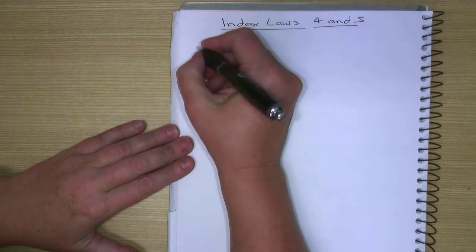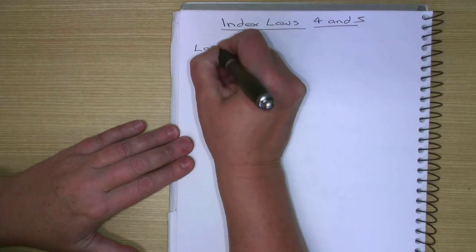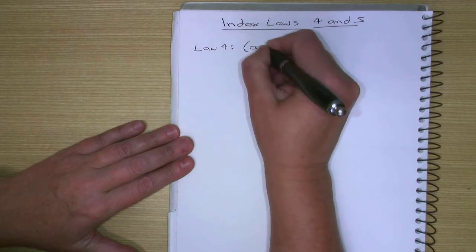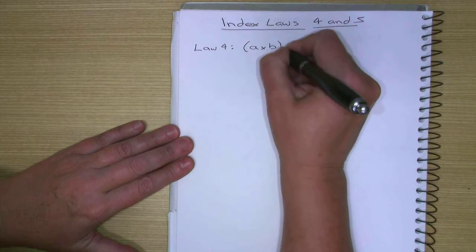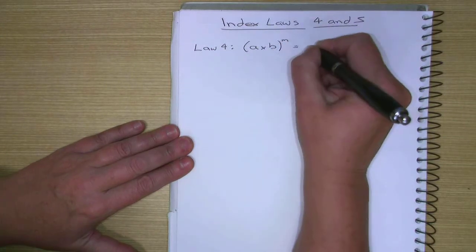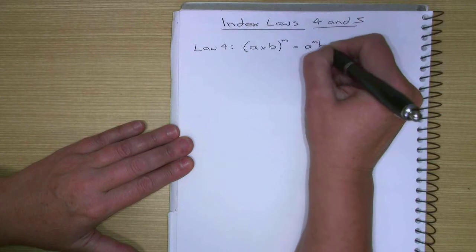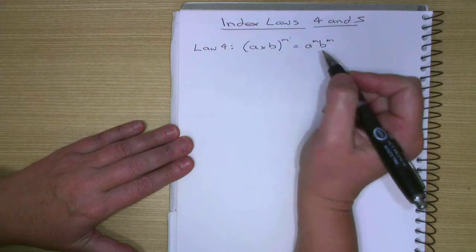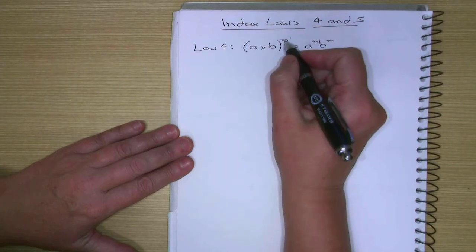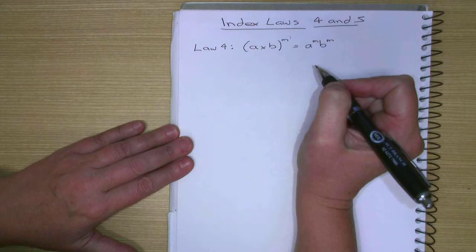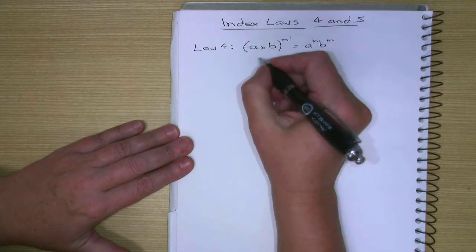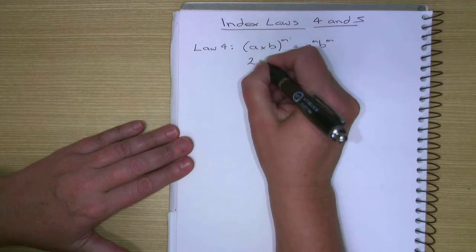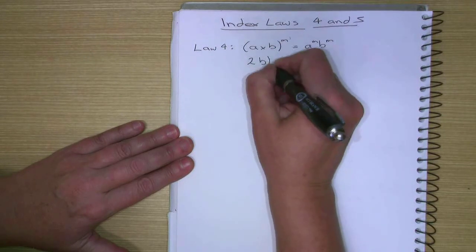So laws 4 and 5 basically work off what we've previously done. Law 4 says (A times B) to the power of M equals A to the M, B to the M. And that basically says that the power on the outside multiplies everything that's inside the brackets. So an example of this, which is the same example as I had before in the previous video, is